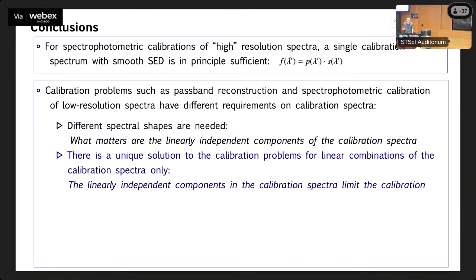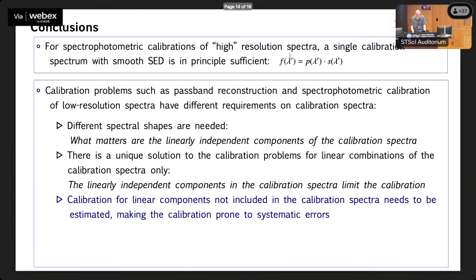Well, for the part that is constrained, there is a unique solution. We can do a chi-square solution of a linear problem, which has a unique minimum, and you even have an error that tells you how far you're allowed to go away from your optimal solution, which is all you can expect from any kind of measurement. And this part is just what constrains your calibration. Well, the other part is unconstrained by your calibration sources.